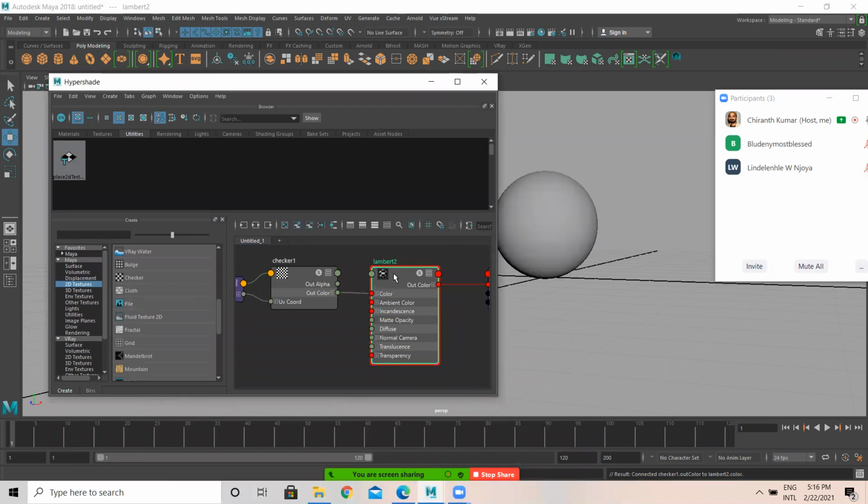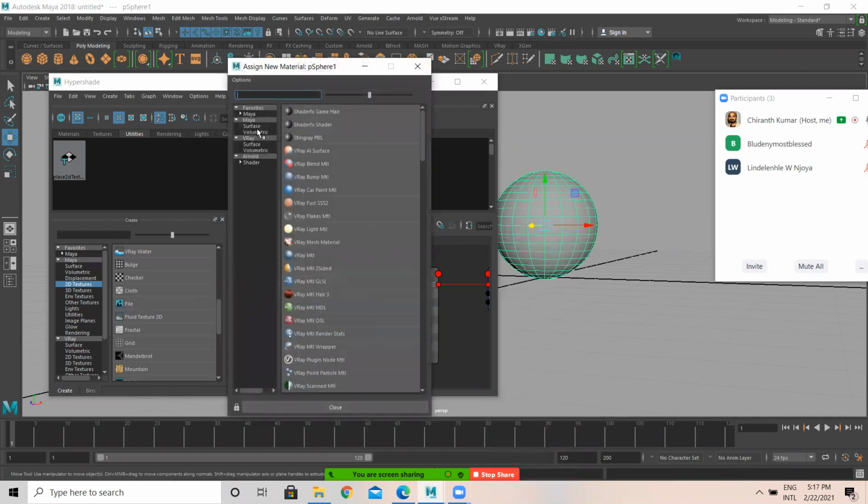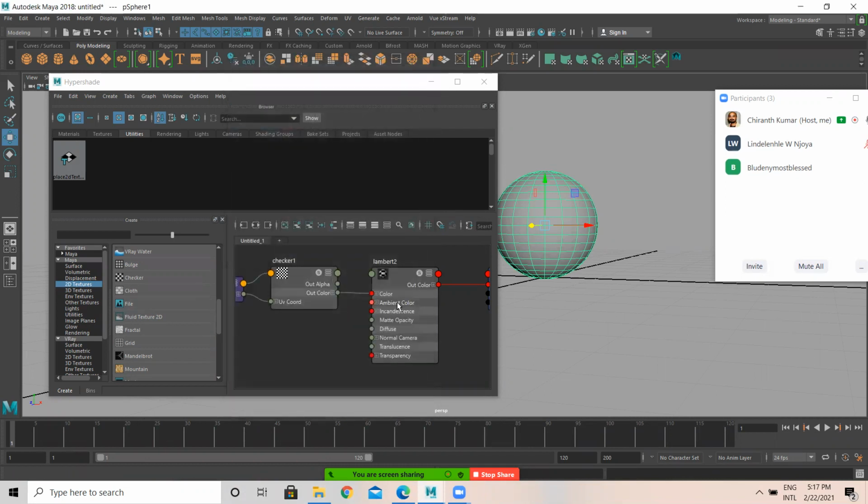Now, how do I apply this Lambert material to this object? There are multiple options. One, select this, right click, assign new material. You can go to surface, you can select Lambert, which is here. You can apply, or I have already created a material here, and to apply it is quite simple.